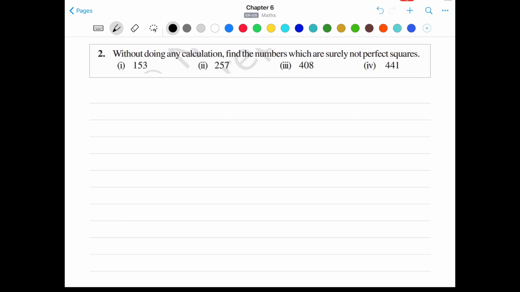not perfect square numbers. So we are given certain numbers here, and you have to find which of these numbers is not a perfect square number without doing any calculation. We have studied one property in the patterns of square roots, which I'm writing here: when we find the square of any number, we never get 2, 3, 7 and 8 at the ones place. Okay, so we'll write, we know that